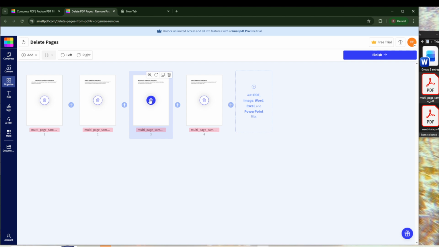A small trash bin icon will appear. Click that icon to remove the page. You can repeat this for any additional pages you want to eliminate. Take your time here and double-check the content of each page before removing it, especially when your PDF includes different scans or sections. To rearrange pages, click and hold on a page thumbnail, then drag it to the new position